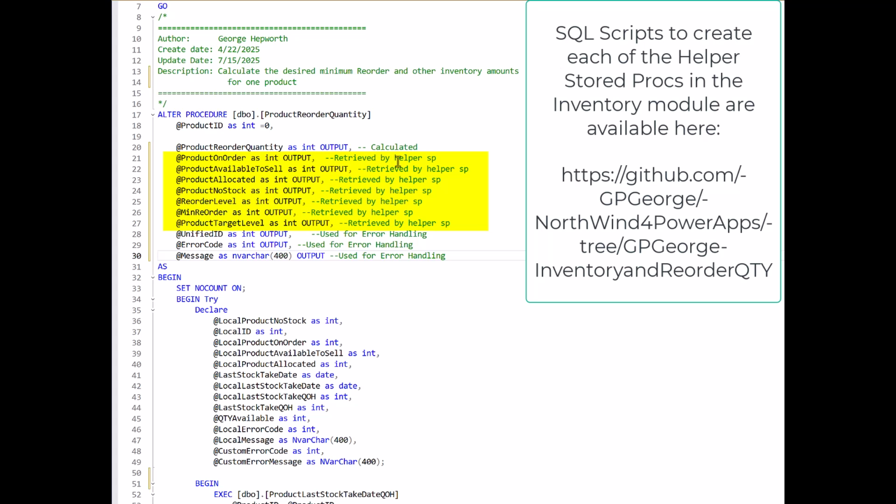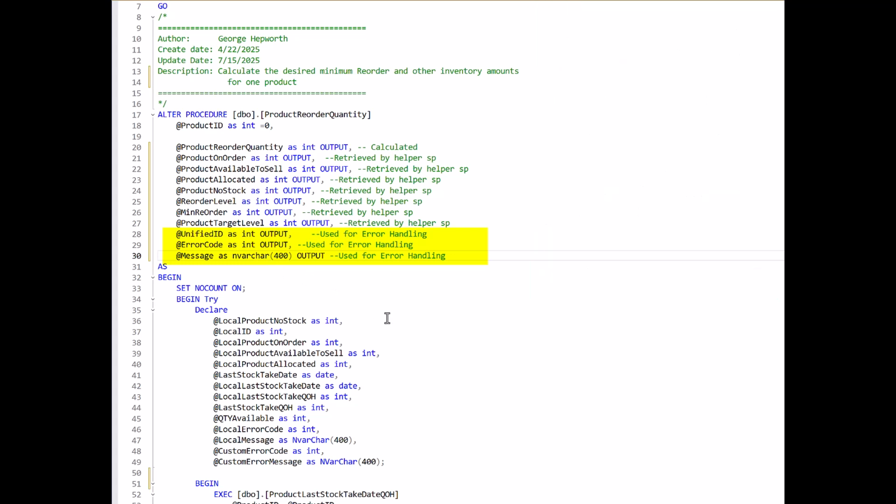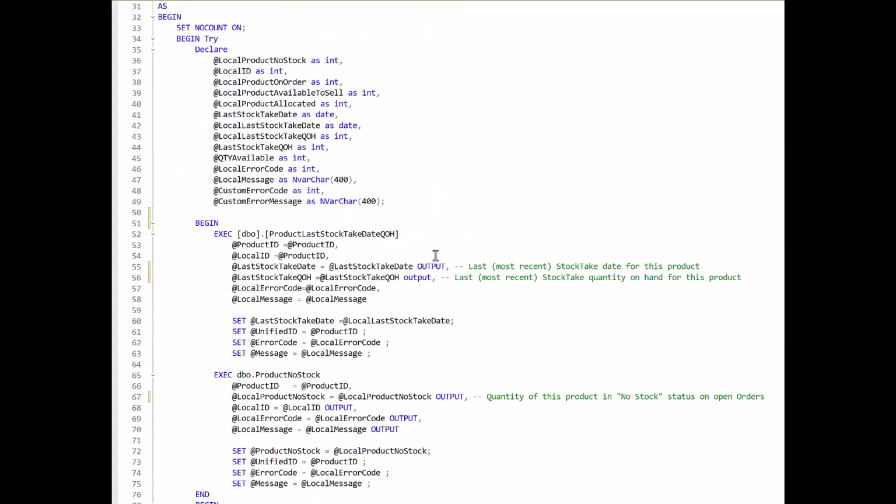These are retrieved by various helper stored procedures called here. We also return three output parameters, the unified ID, which is the product ID. If there is an error, we get an error code and a message. Those are passed into our custom error message stored procedure in order to provide a user-friendly error message. Skipping down,